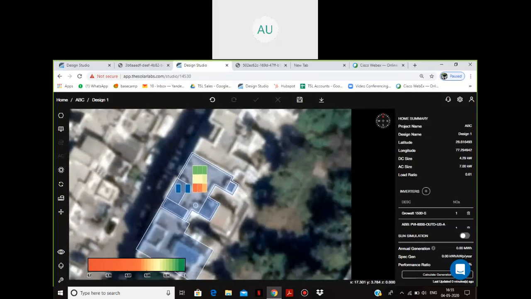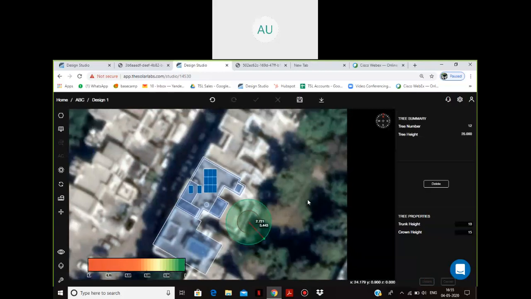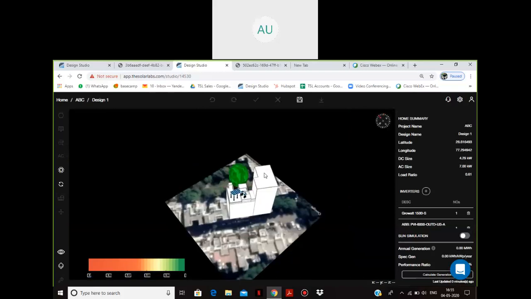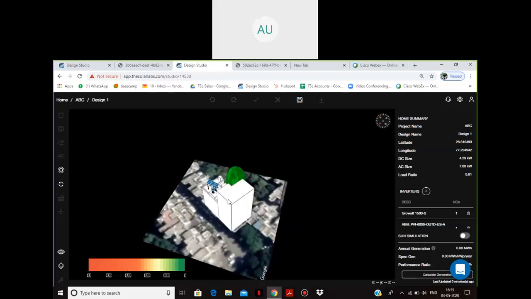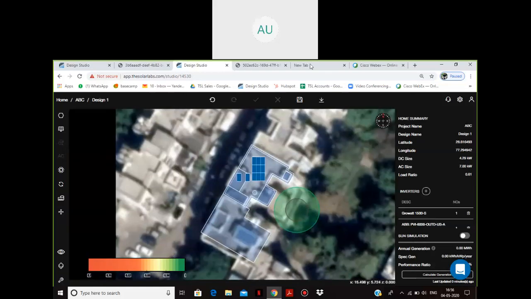And similarly, you can do it for a tree as well. So we have an option to even place a tree. Somewhere here you can place a tree, and you have an option to change the height of that particular tree. So for example, I take this to be, say, 10 and 15, then update this. So a tree would also be made over here. Here you can see a tree can also be made, and similar to the taller building we had made, this tree is also going to cast shadows on some portion of the roof, and the optimization for this can also be done accordingly. Yes, so I'll take you back to the report now.